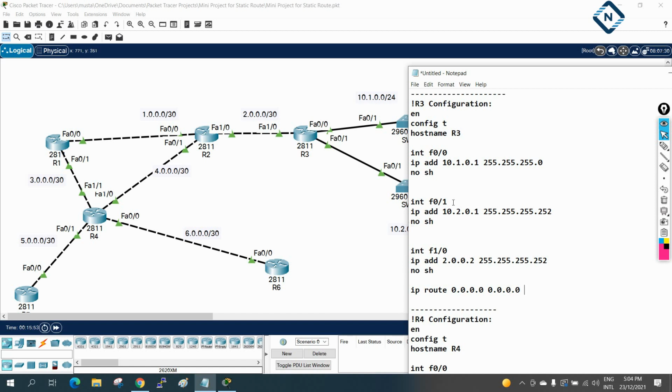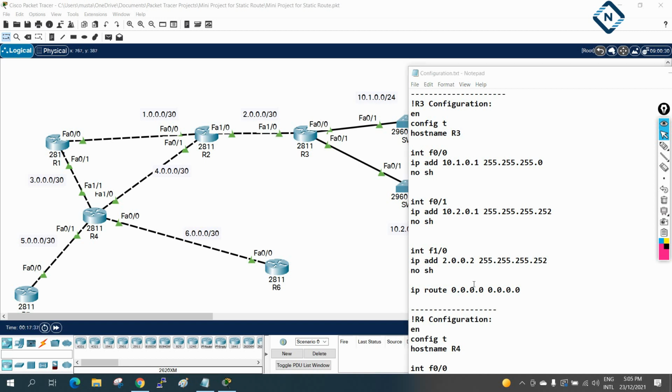If I want to forward all this traffic to this interface, I can define this IP, or I can say my leaving interface also. It is our wish, whichever you want. Generally we use the next hop IP, but whatever we want, we can do that also.